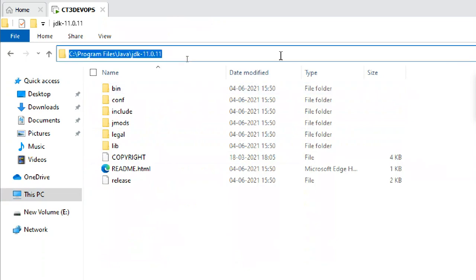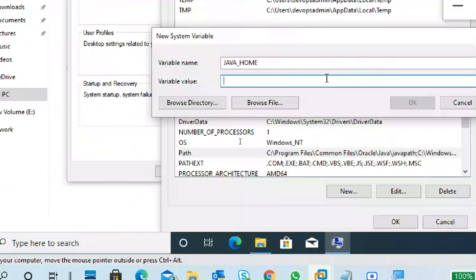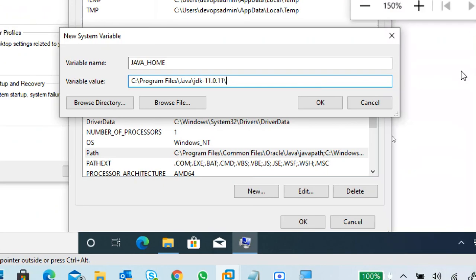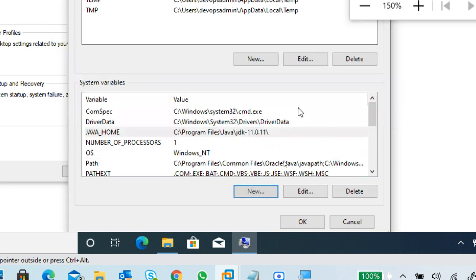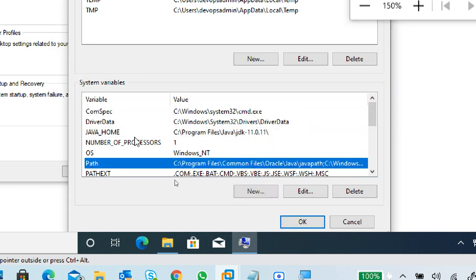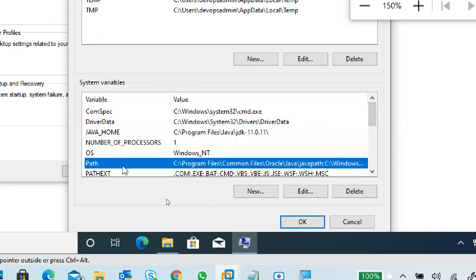When you do an installation or anything, please check where it is located. Do all the steps one by one. Don't blindly click next, install. So this is the path where my Java is installed. The name of this home directory is JAVA_HOME.